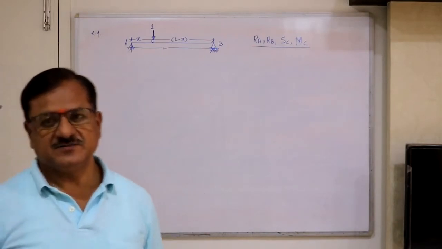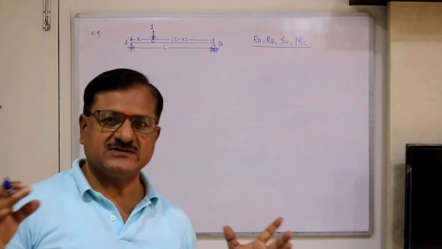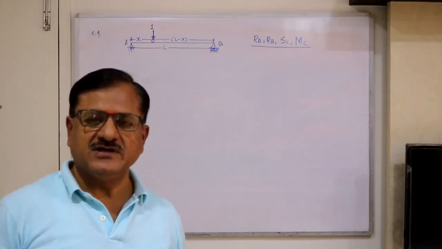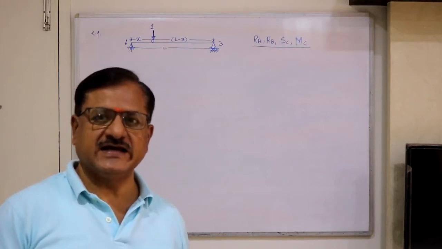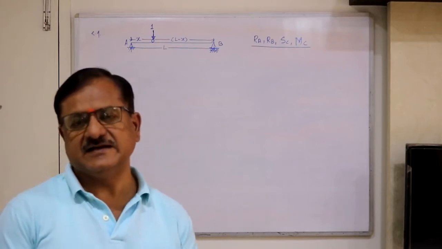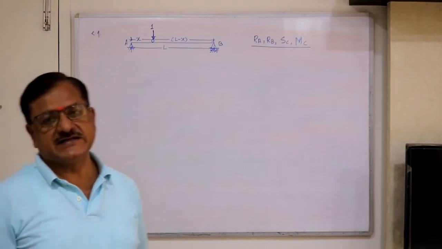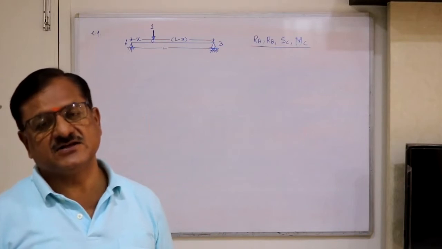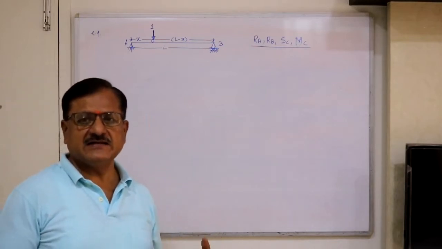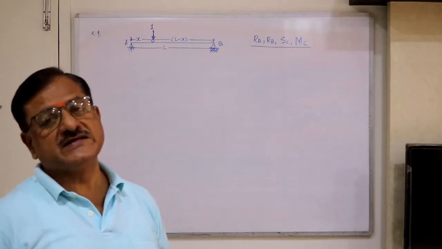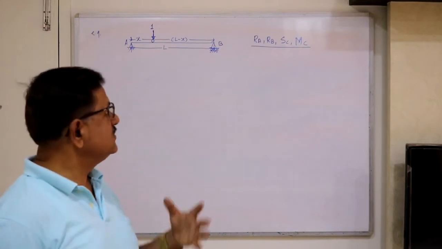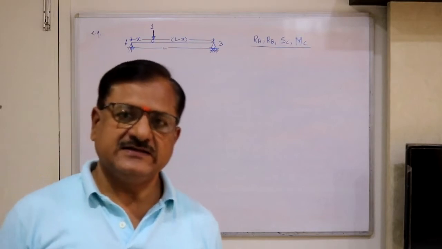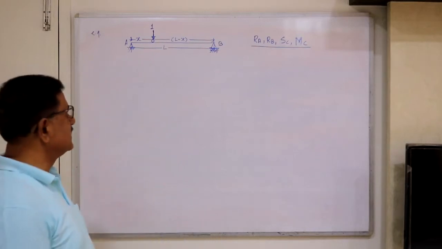That means we want to find out the reactions, and the shear force and bending moment at any section. Whenever you want to find out a particular structural quantity, first of all we have to construct the influence line diagram for that structural quantity. After getting the influence line diagram, you see the given external loads on the structure, and the position of loading is decided first so that the structural quantity is a maximum, and then the structural quantity is worked out.